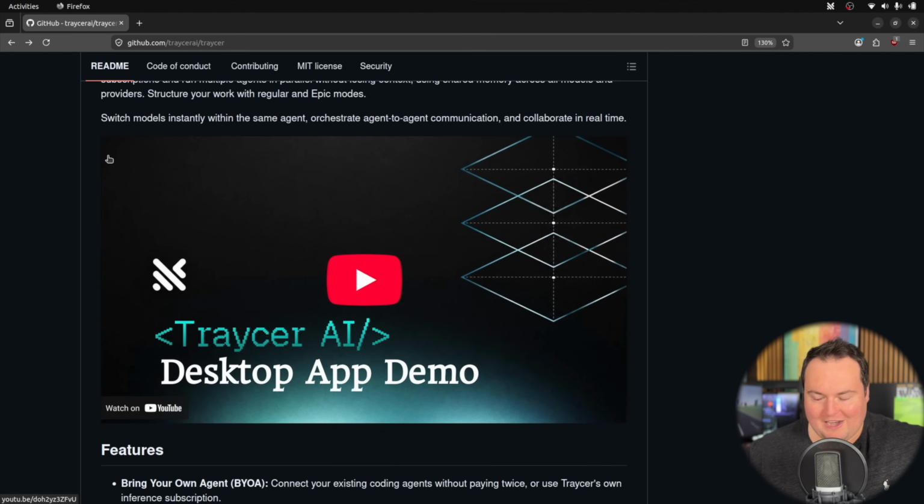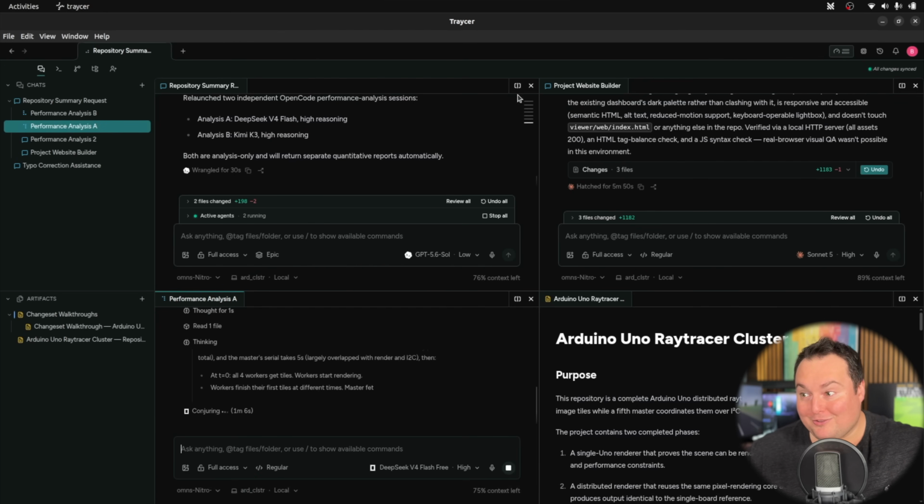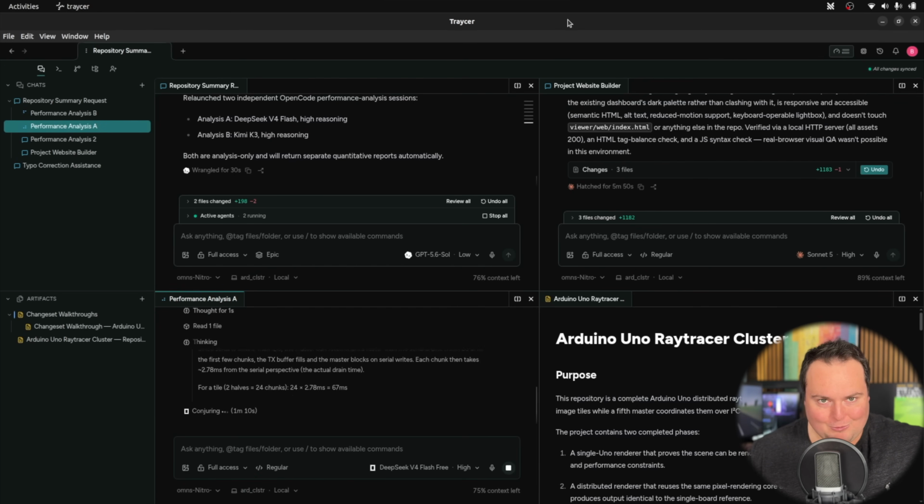And if you are interested, as has been becoming more and more popular, in having bigger, more expensive models kind of delegate tasks to smaller, cheaper models, kind of like sub-agents, this is something that does it very, very smoothly. I was trying to say seamlessly and smooth, and I said smoothless. Nonetheless, for a smoothless experience, I currently have this working right now, just going through a code repository that's on